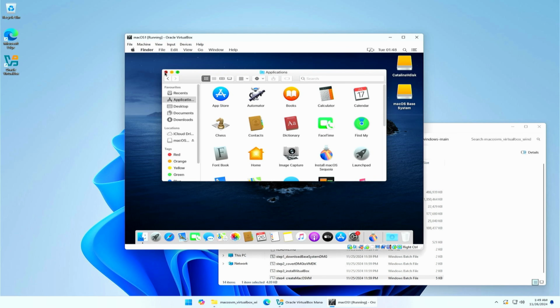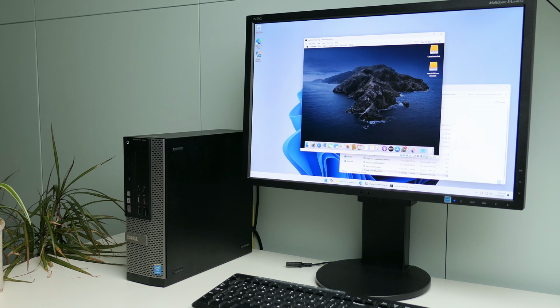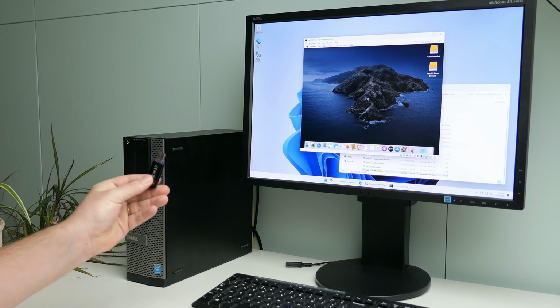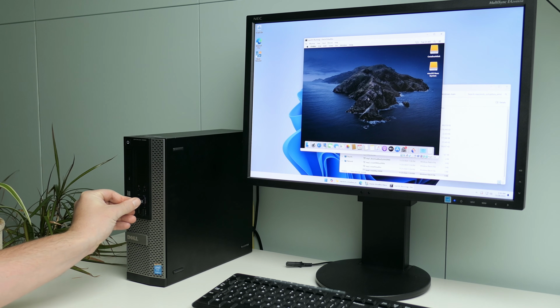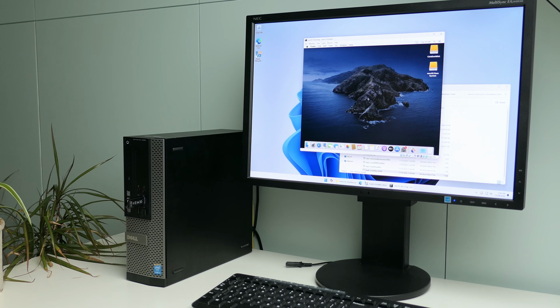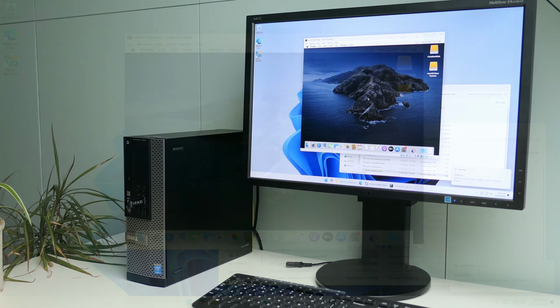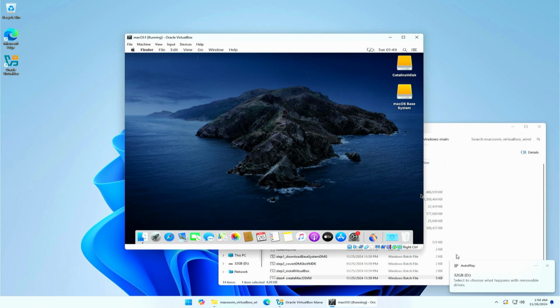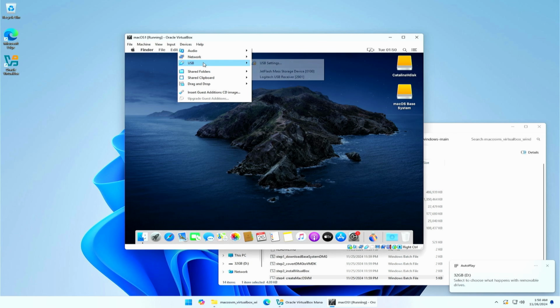At this point, it's time to connect our USB drive to the virtual machine. As we want to let the virtual machine have access to our USB drive, after inserting it in our Windows-based machine, we need to link it to the VM instead. To do so, in the virtual machines window in VirtualBox, go to Devices, USB, and select your USB drive from the list. The name of the device depends on the type and vendor of USB drive, so this can be different.